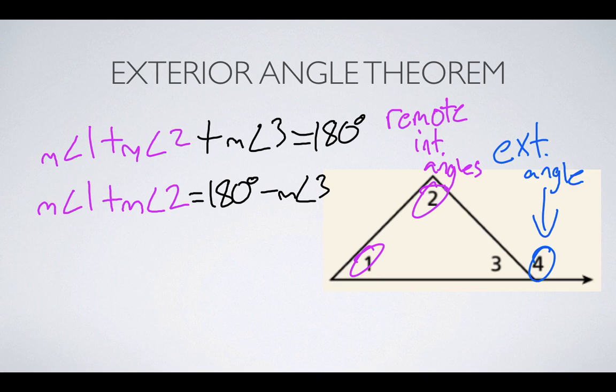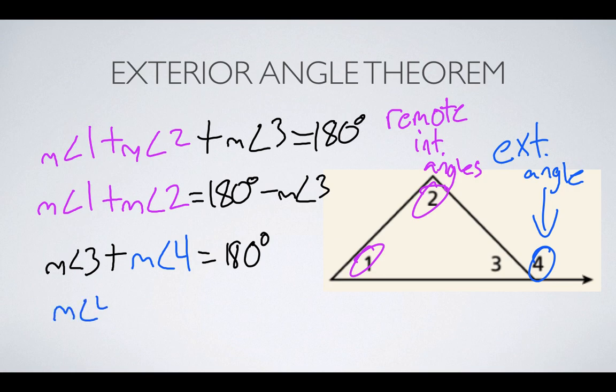So in this case, what I would say is the measure of angle 3 plus the measure of angle 4 equals 180 degrees. Now, if I wanted to get the measure of angle 4 by itself, what we would do is subtract the measure of angle 3, much like we did before. And I would get the measure of angle 4